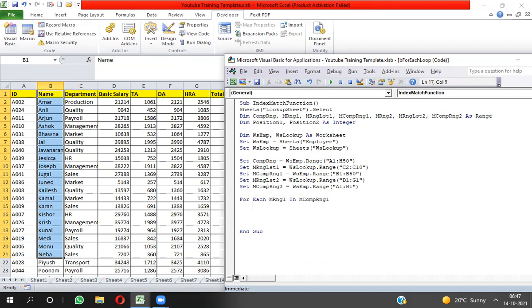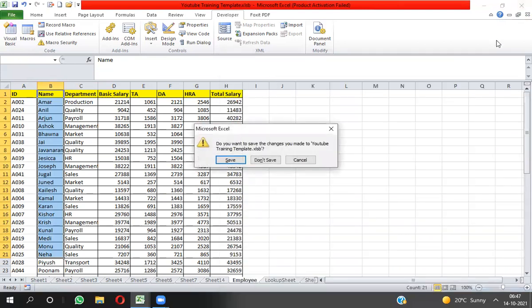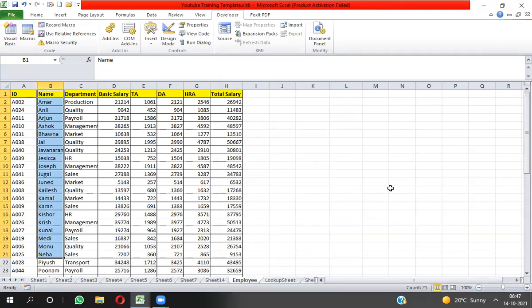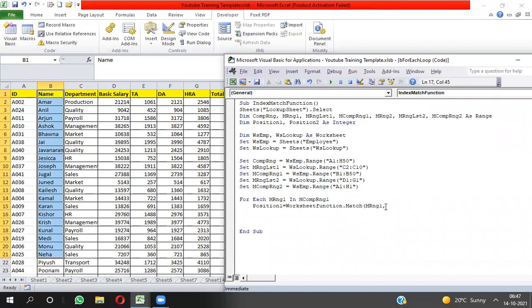And here I will take the position of name: position 1 equal to, I have to apply worksheet function dot Match, and here I have to use mRng1, comma, comma, and I have to take the position from B1 to B50.